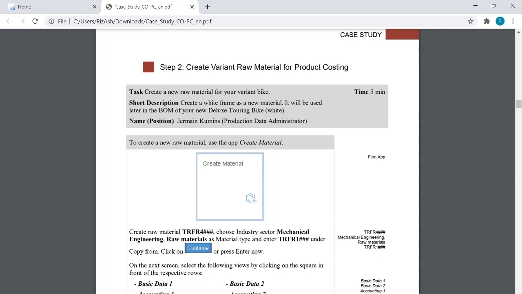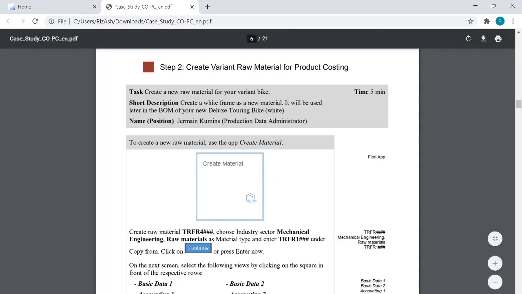So in this case, what we are doing is creating a new material for a new variant of bike, that is a white color bike. And it's obvious that if we are making this bike for the first time, that's why we are creating a new material. This is the first time we are just creating the name of the material in the system.